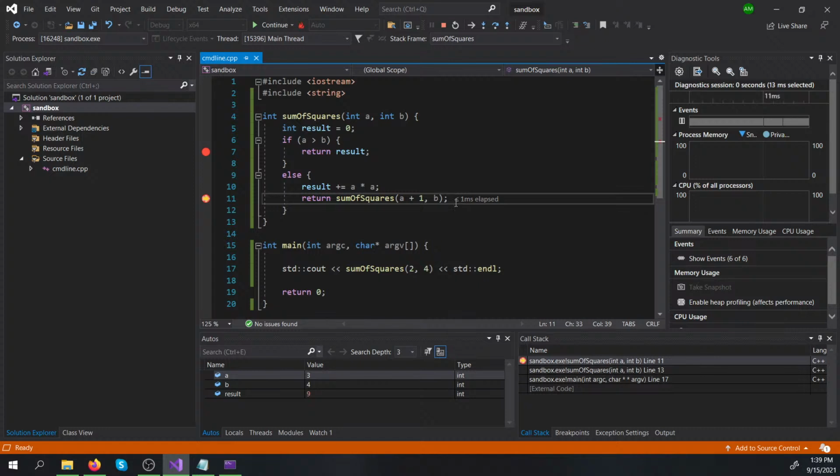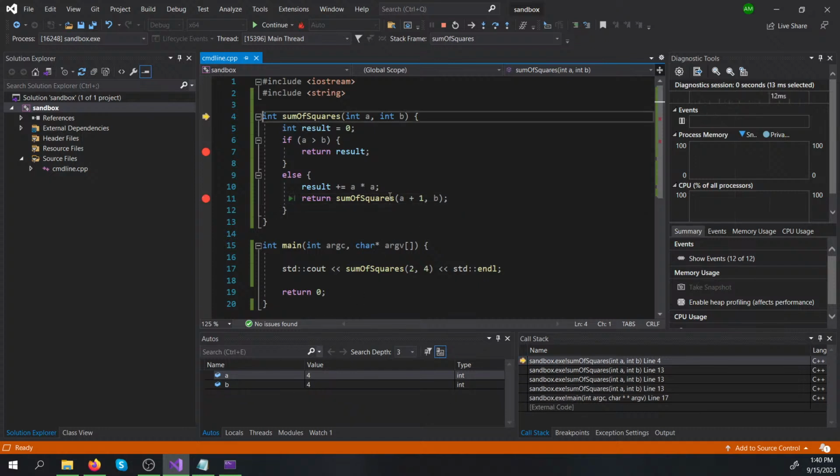And then similarly, if we watch this again, let's step into our return sum of squares here, and step over again. You see A here has changed to 4 because of that A plus 1. We do our check again, it's not more than B. We go here, we run our result, and we see result has 16, but it's not keeping track of the previous recursions. So we lost that 4, we lost that 9, which was a result of 2 squared and 3 squared. And we're going to see here that we're also going to lose a result of 16 as required for the recursion. So if we step into this function one more time, and we reach result is equal to 0,